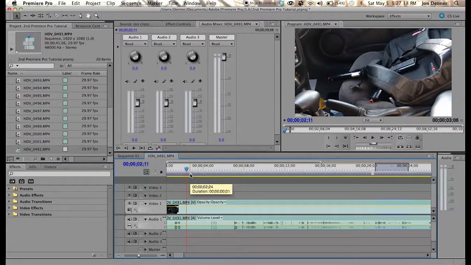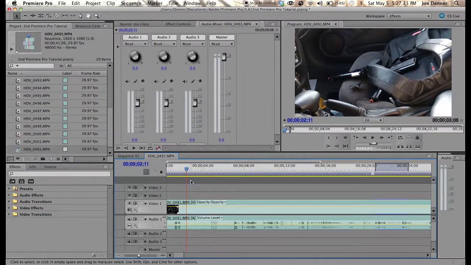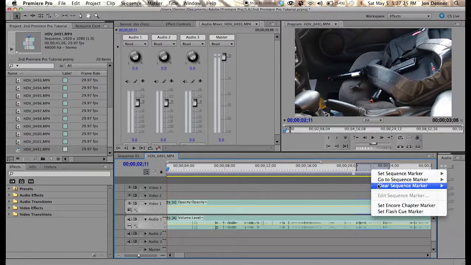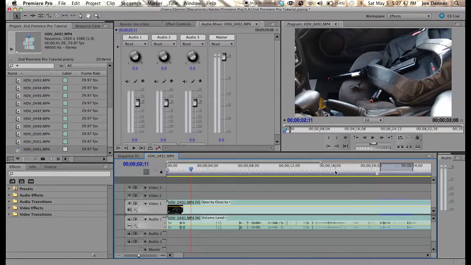So if you want to get rid of that, just right click on it, clear sequence markers, and hit all markers. You're going to notice that's going to disappear. But if I come over here and hit clear sequence markers, I can delete that too by clicking the in and out. But before I get rid of that, I got to show you a couple more things, specifically the